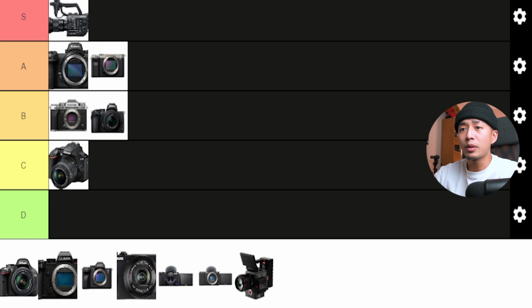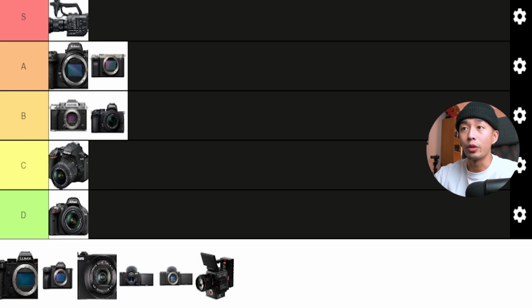Next is, I'm just gonna double check. I can't even see, or D3500. So I put this in the doo-doo level because no external microphone at all, right? You can't plug in an external microphone. And you have that horrendous video hunting focus that we all hate and love from these entry-level Nikon DSLR cameras, but you can still use this camera for YouTube videos, right? It's a little worse quality because of that microphone incapability, so it's going to be at the D, at